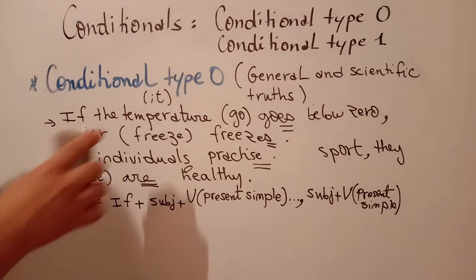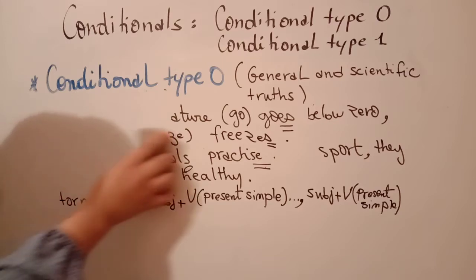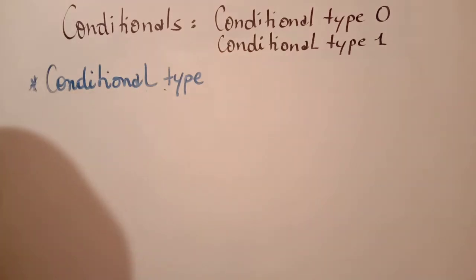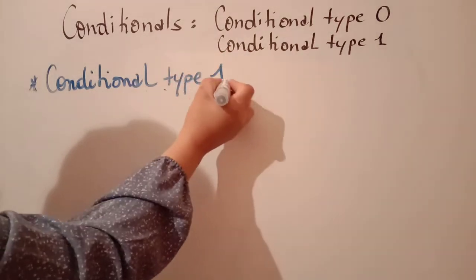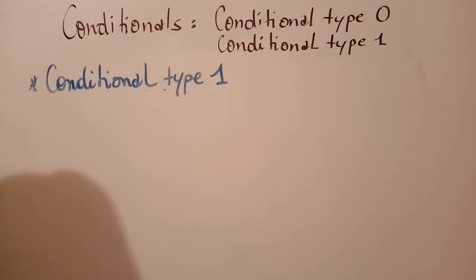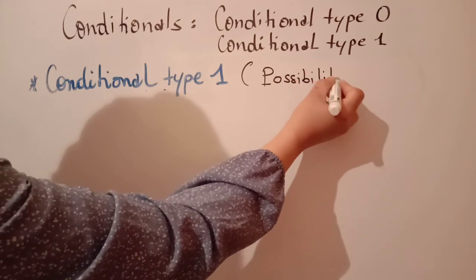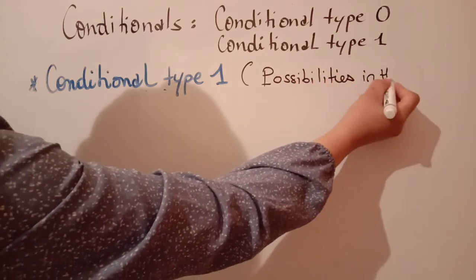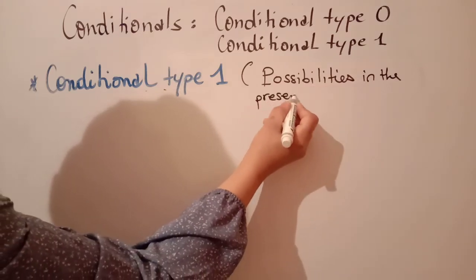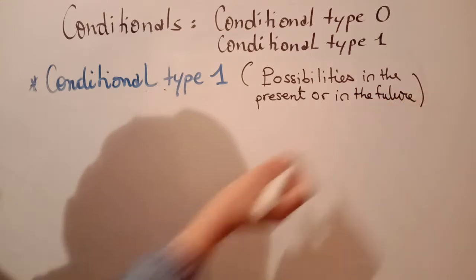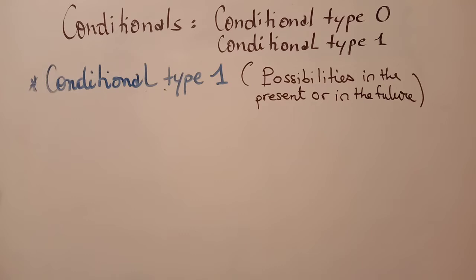Let's move now to conditional type 1. Form and use. So conditional type 1 is used to talk about possibilities in the present or in the future. Or it is used to talk about things that are likely to happen either in the present or in the future. For example,